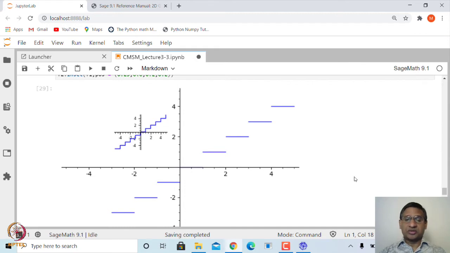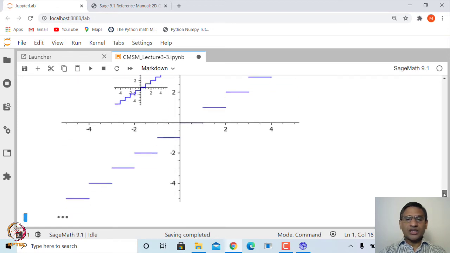And you can insert maybe one more. So, as an exercise, try to insert, let us say, the graph of the ceiling function in this particular region.